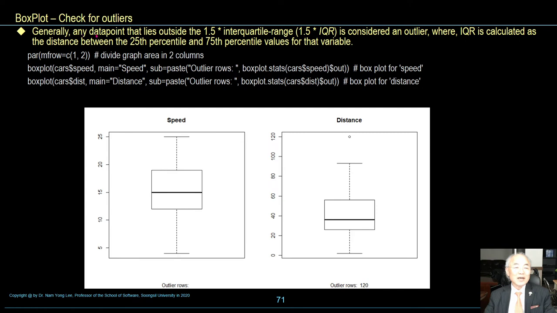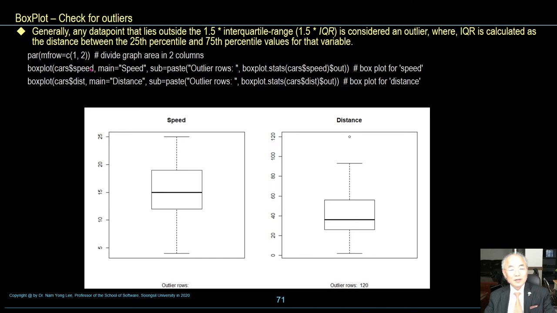Generally, any data point that lies outside the 1.5 times the inter quartile range is considered an outlier, where IQR, inter quartile range, is calculated by the distance between 25th percentile and 75th percentile values for that variable.